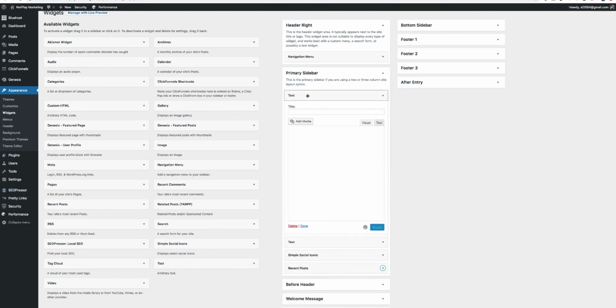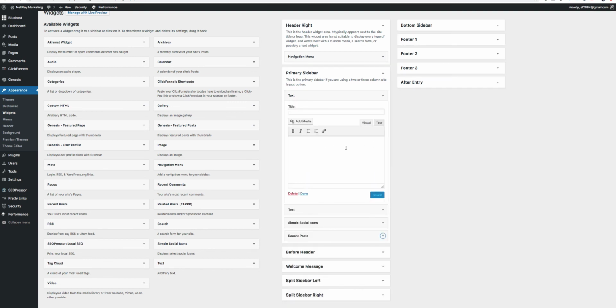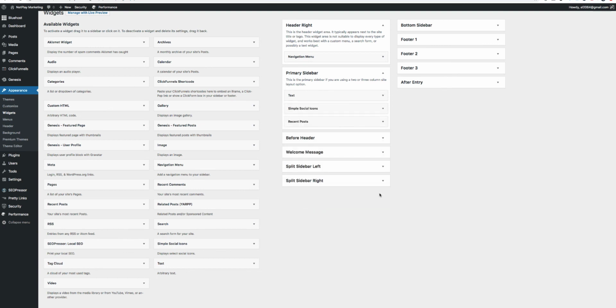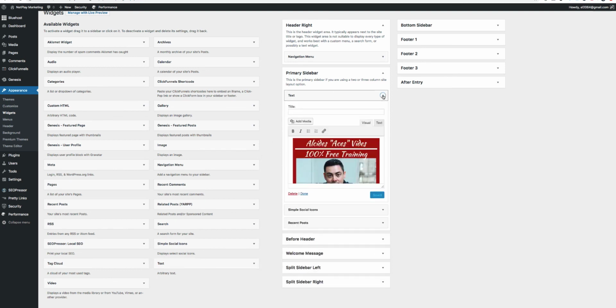So if I were to add one here, I could add something else completely if I wanted to. I don't want to do that right now, so I'm going to delete this one because I don't want it, but I just wanted to show you guys how easy it is to add one. So you just take this text section here and pop it into this sidebar. Once you've done that, you can click on the pull down here, and as you can see, my image is already there. All you have to do is click on this add media button,